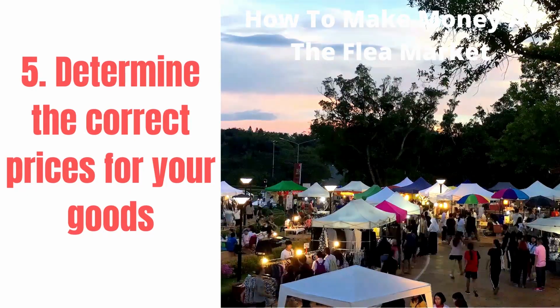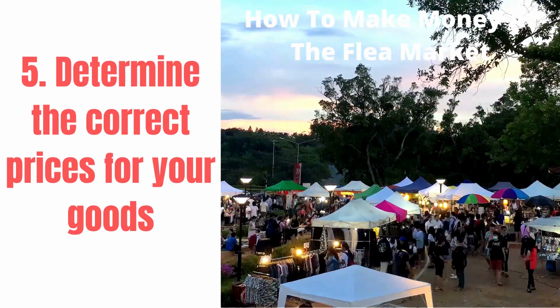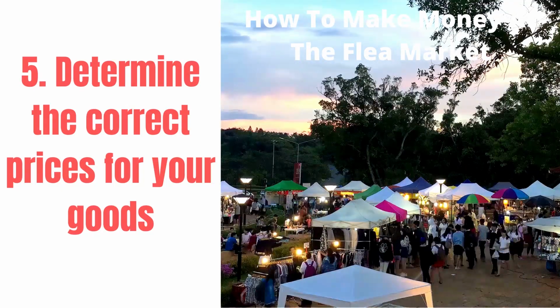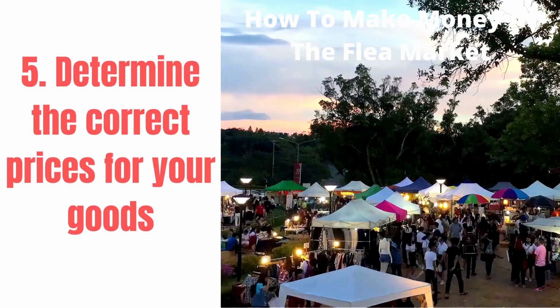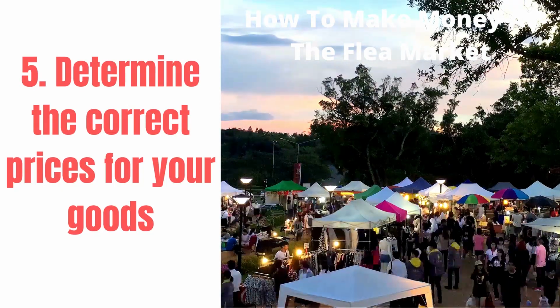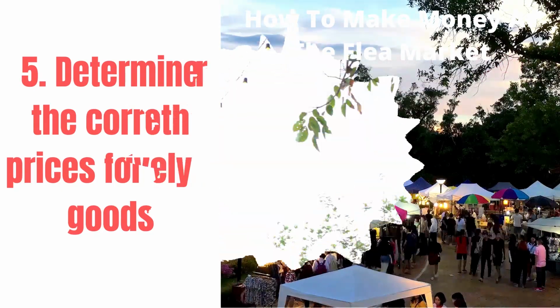You are in business and therefore need to make profits if you are to survive. In setting the prices, think about your profits and also your customers. If your goods are too expensive, no one will buy them from you. And if you are charging too